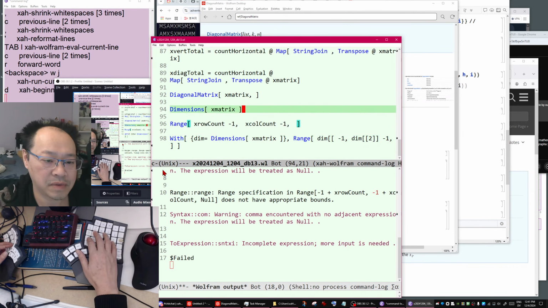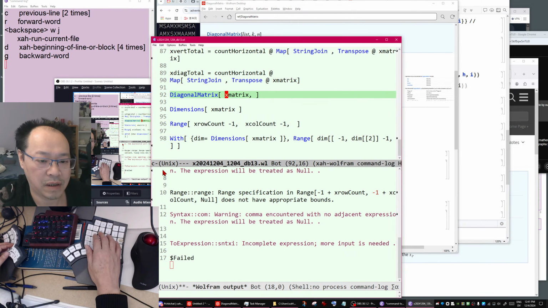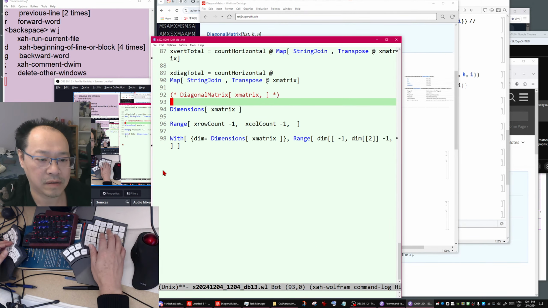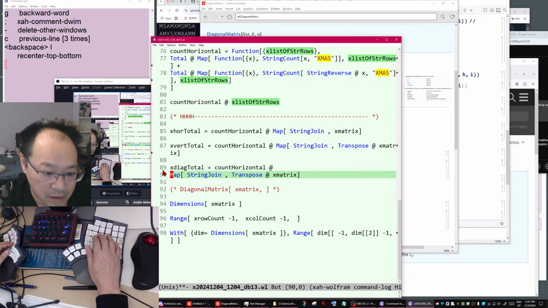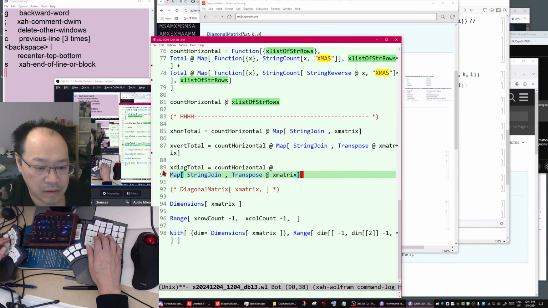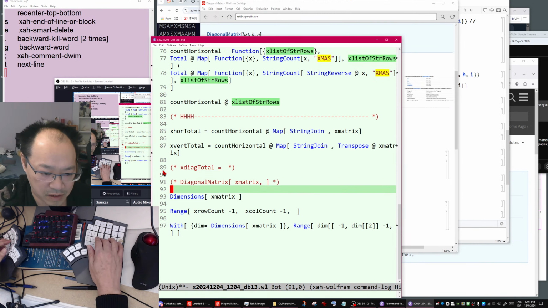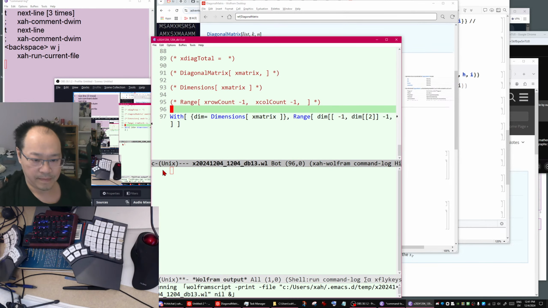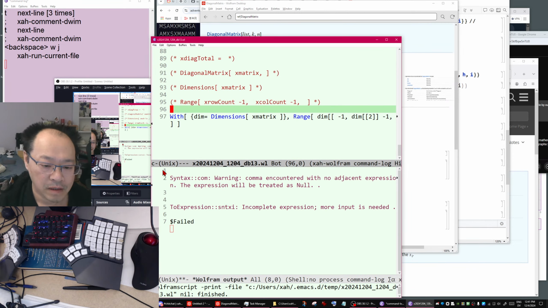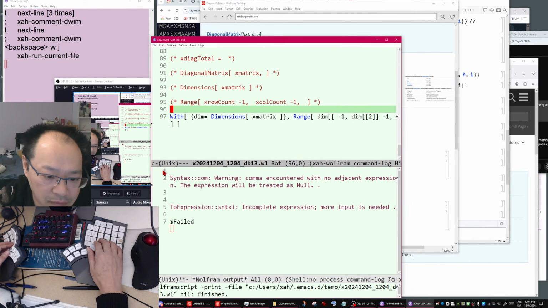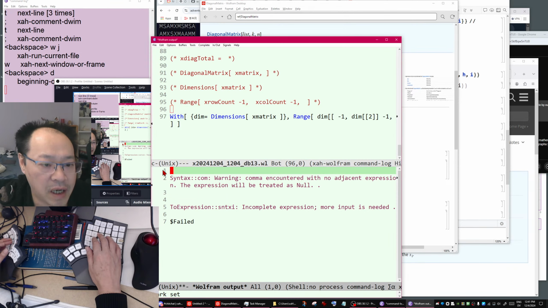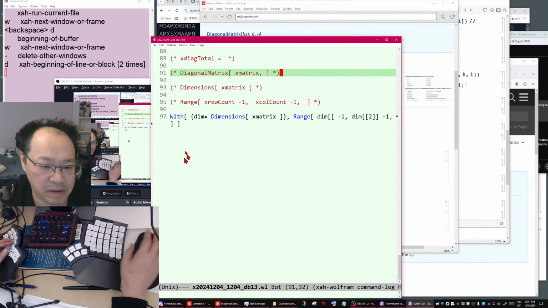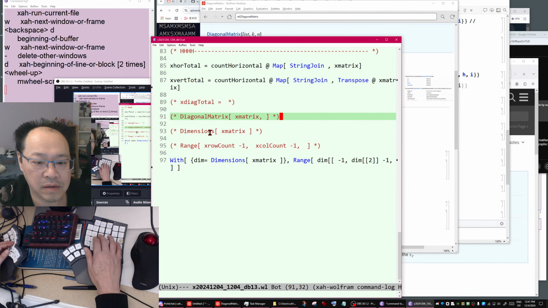Okay, we got some syntax wrong. Comment that out. We don't know what this is yet. Okay, so let's just do that. What? Comma encountered. Where is the comma encountered?